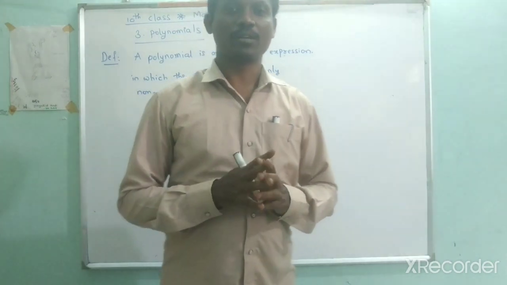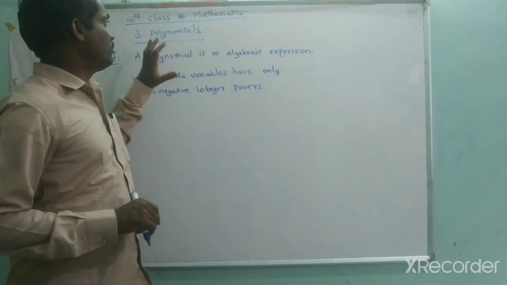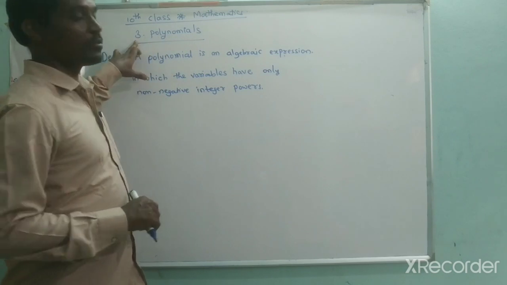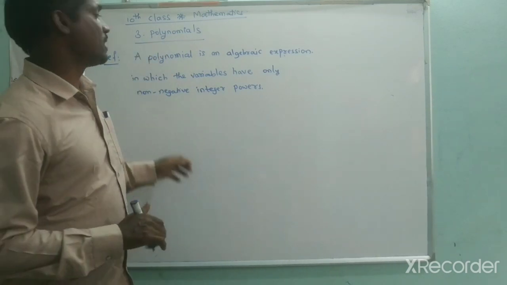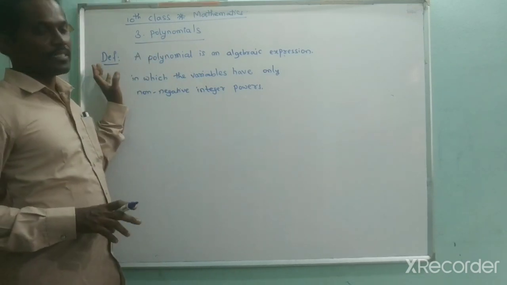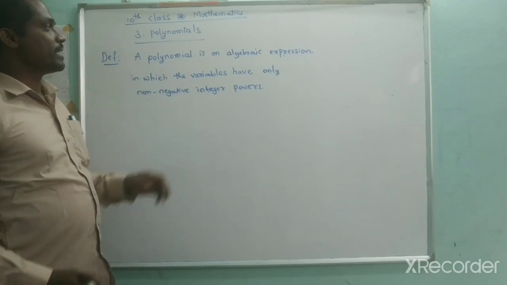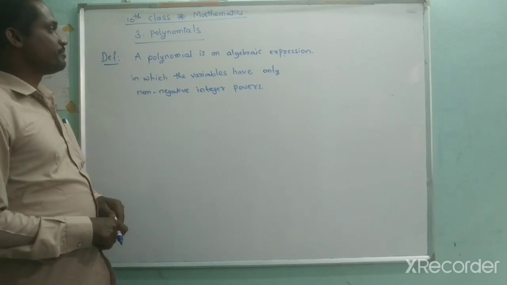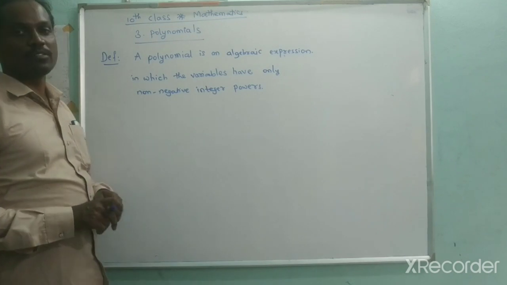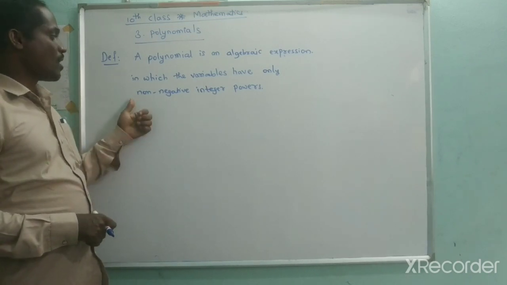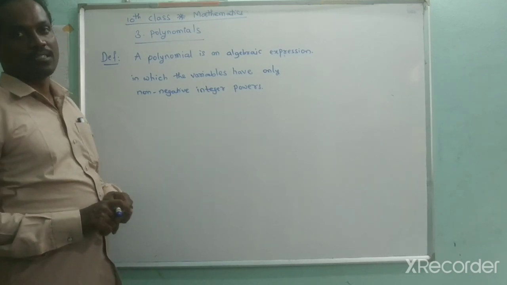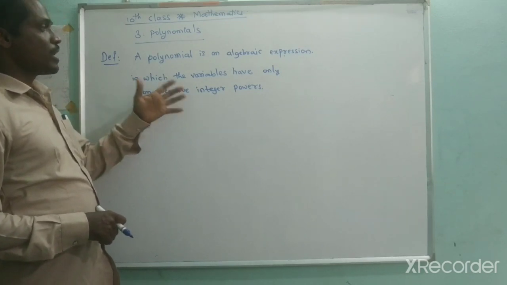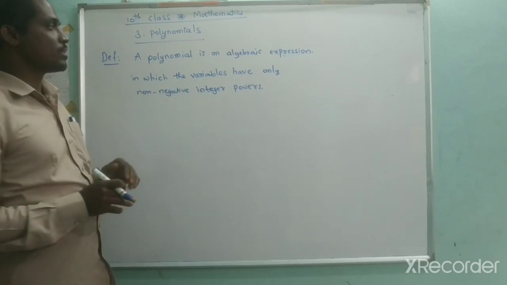So now we have to study about polynomials today. The definition of a polynomial is: a polynomial is an algebraic expression in which the variables have only non-negative integer powers. So in this definition, we have to know three terms firstly. So that is